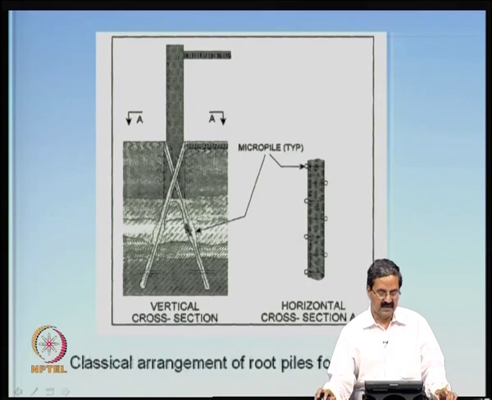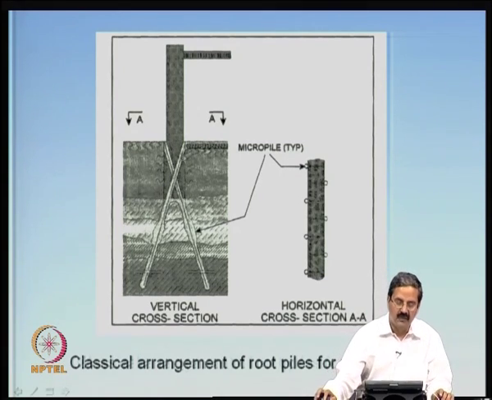So to some extent, some load on the foundation is resisted by the grout interface force, and this is an advantage. If you know how much force is to be resisted by the skin friction resistance along this material,